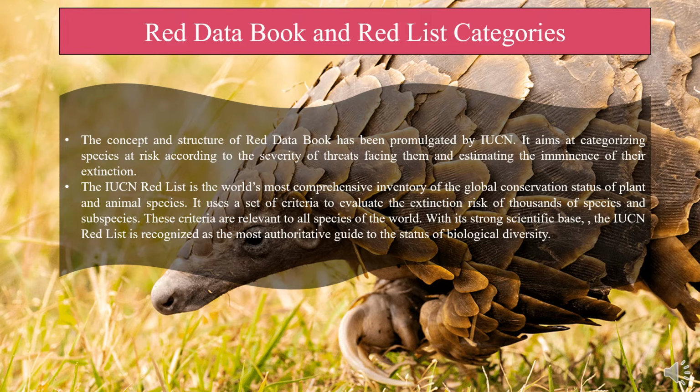The IUCN Red List is the world's most comprehensive inventory of the global conservation status of plant and animal species. It uses a set of criteria to evaluate the extinction risk of thousands of species and subspecies. These criteria are relevant to all species of the world. With its strong scientific base, the IUCN Red List is recognized as the most authoritative guide to the status of